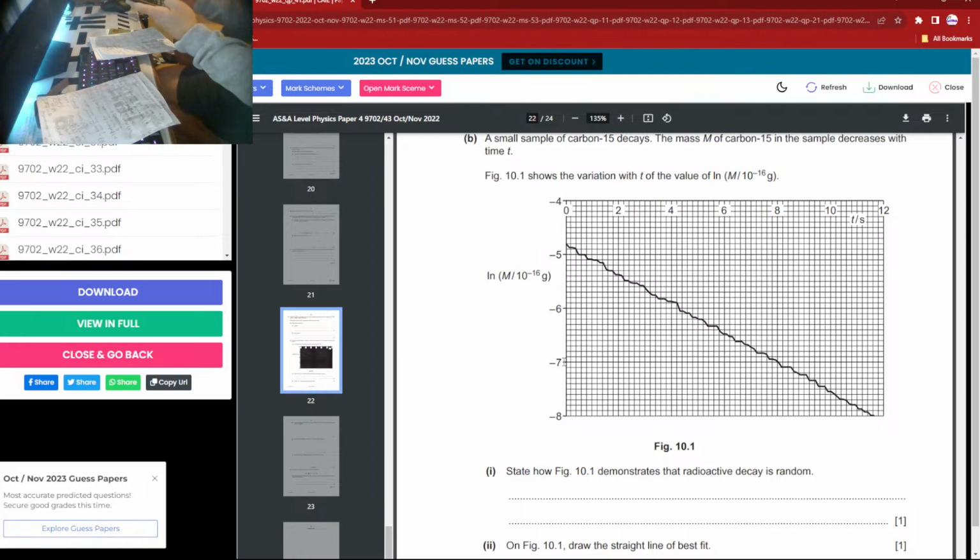The difference is 1, so 0.01. No, sorry, 0.1 each division times 5.5. You get 0.55, so it's 7.55. So y1 would be negative 7.55 minus negative, what's this? 4.8. Plus 4, minus 4.8. You get